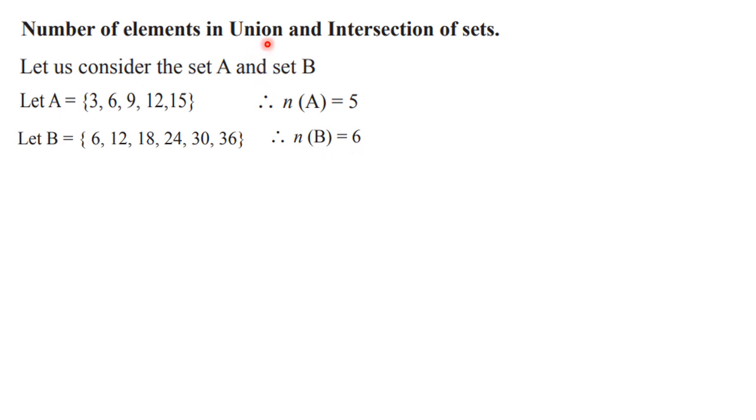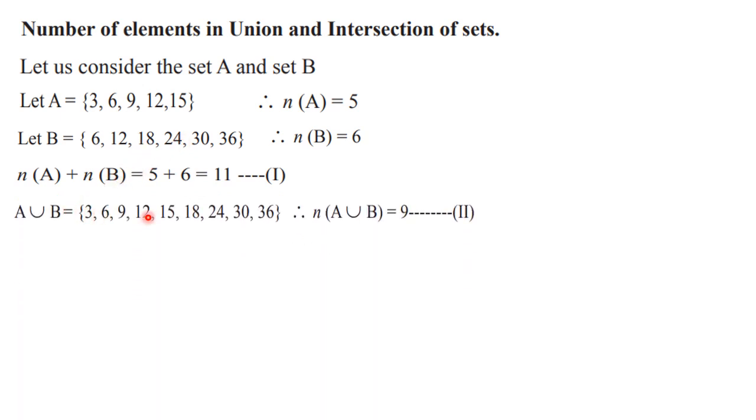Now let us write down union and intersection: A union B and A intersection B. For writing intersection you need to find common elements, and for writing union you have to combine all these elements. So I want to write down A union B. As I have told you previously, first write down all the elements from set A, that is 3, 6, 9, 12 and 15. Then come to set B and you will not write the elements which are repeated. For example, see, 6 is repeated, so we are not going to write it again.